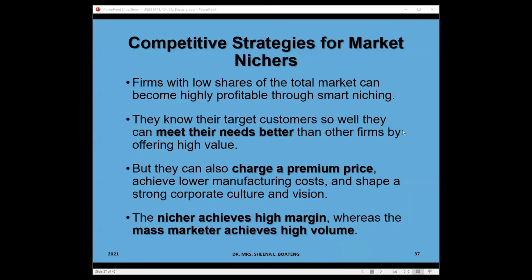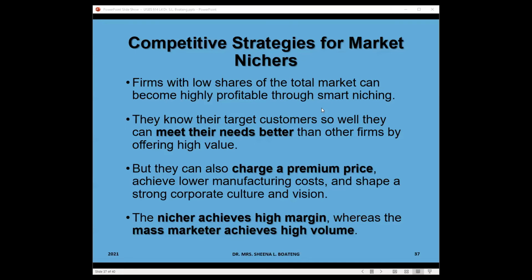So in terms of market niches, firms with low shares of the total market can become highly profitable through smart niching. Meaning that the fact that you are a market nicher does not mean you should just pick any small market at all and focus on it. You need to be able to make sure that the market that you are choosing is profitable enough to warrant you contributing or dedicating significant resources to marketing a particular product or service to that particular market segment,